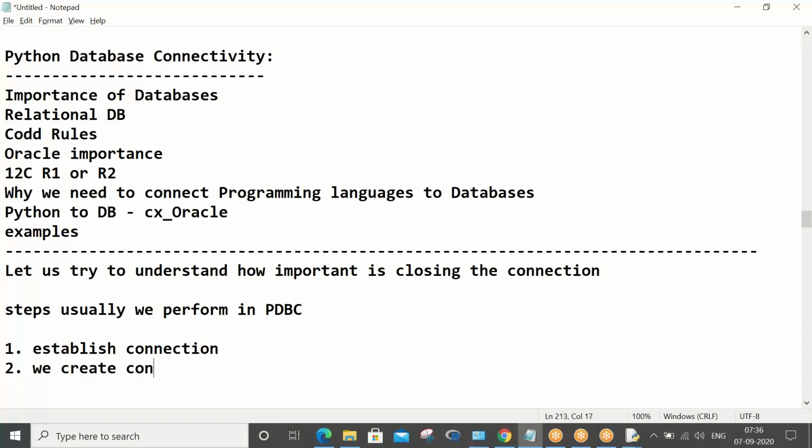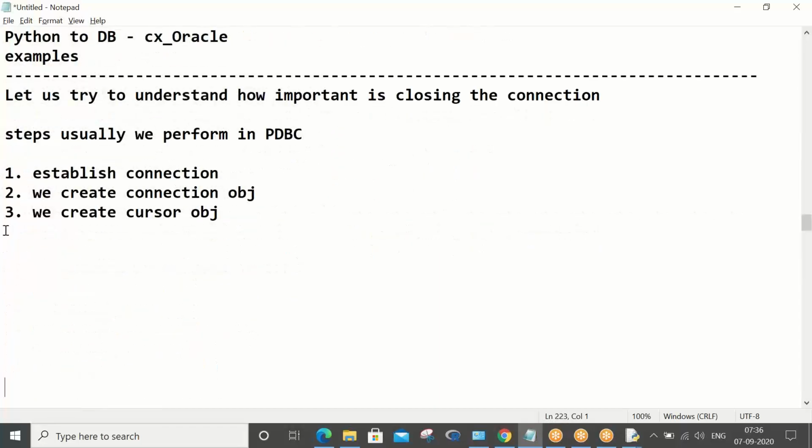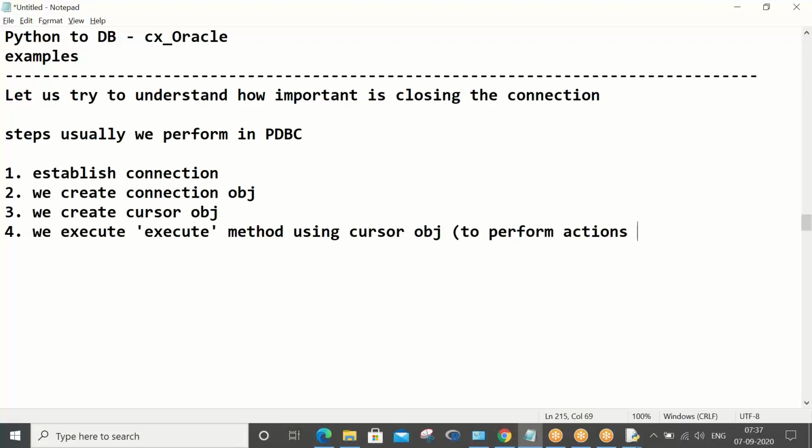So we create a connection object, and then we create a cursor object, and then we execute a method using the cursor object to perform actions at the database, correct?